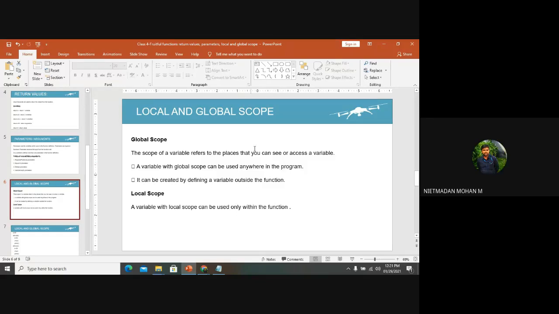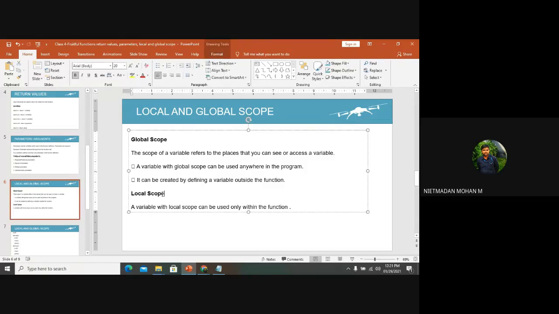So this is the thing: local scope means if you declare any variable or value inside the function, that variable and value can be used for calculation only inside the function. If you come out of the function and use that variable, it will become an error in the program.